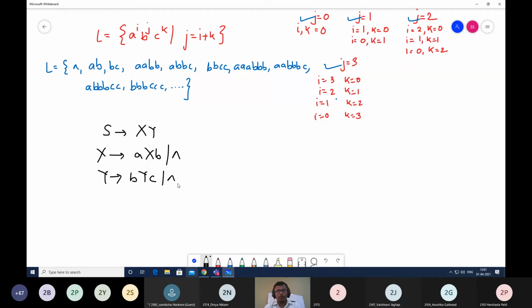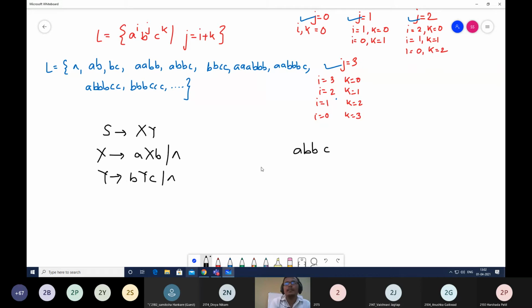We all know that in the sequence of the string, first we have A's, then B's, and then C's. So if I have the pattern of X first, then first all A's and B's will be done. And when I have the pattern of Y in my string, then all B's and C's will be done. So the total sequence of A's followed by B's and C's will be maintained. And the moment I add a B, either A is getting added or C is getting added. Are you getting this?